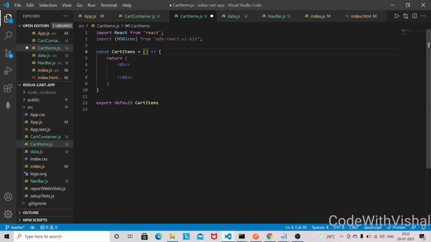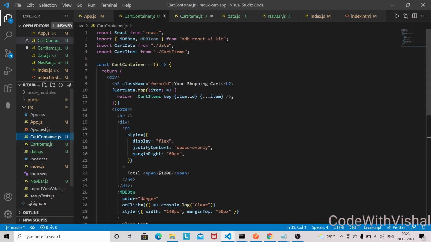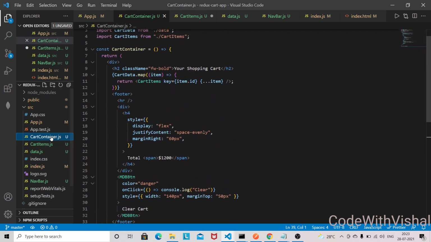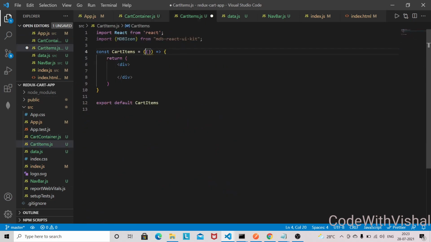And I'm going to destructure all the props that we are receiving from this cart container component. So let's destructure all the props here. So it receives id, image, title, price, amount, okay. And we're going to style this component now.